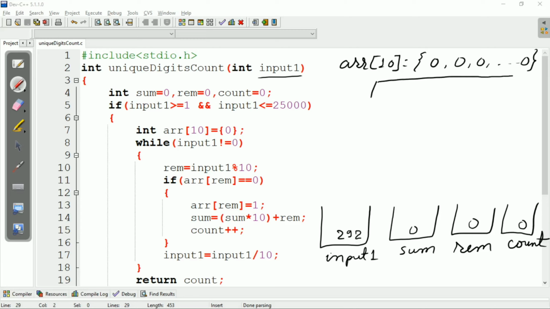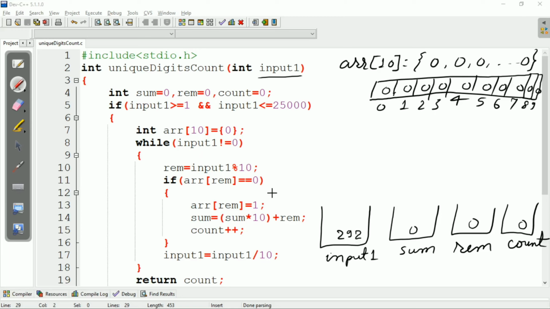Let's say index 0, 1, 2, 3, 4, 5, 6, 7, 8 and 9, means 0 to 9, all consist of value 0.